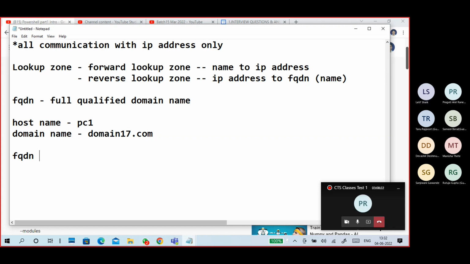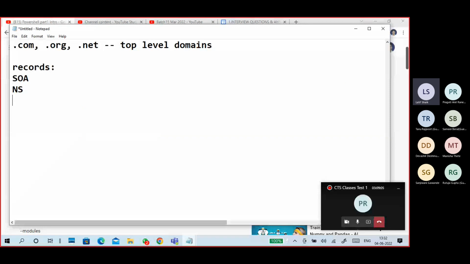PC1 dot domain represents records. SOA, NS, host A, host AAAA. NS is the name servers record, DNS servers record.